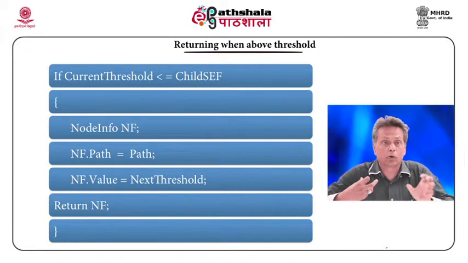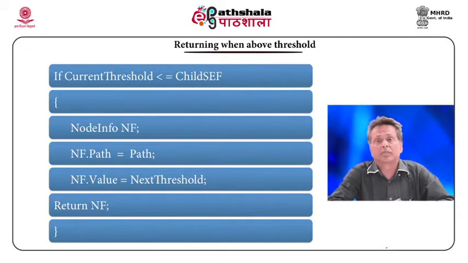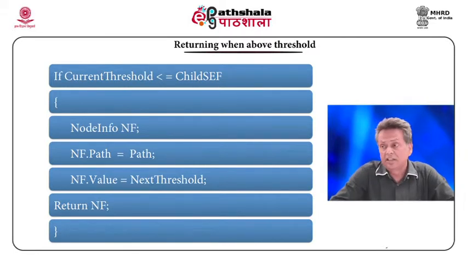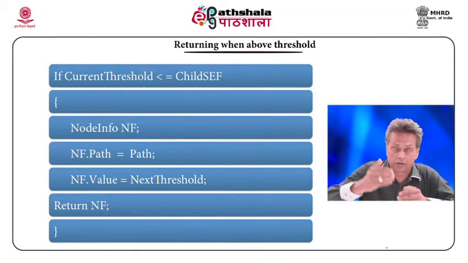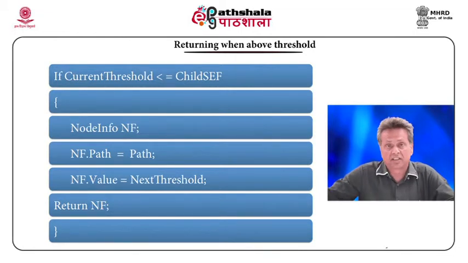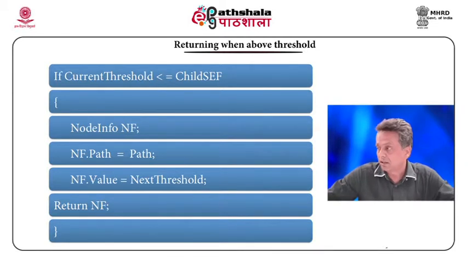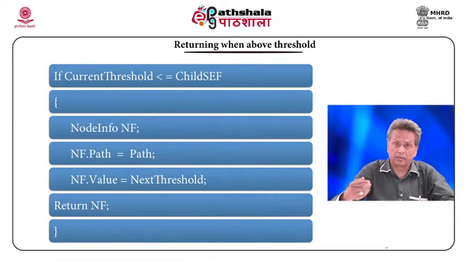Now, when this child is more promising, the threshold value shall increase. It's kind of getting the better child. So when you get a better child, you improve your best value. That's exactly what is happening. So next threshold becomes child SEF. So that value is improved, and the path too, obviously, because you get a best node, you get a path to it, exactly like we've done in the previous case. Okay, we have to also set the threshold for the next level,